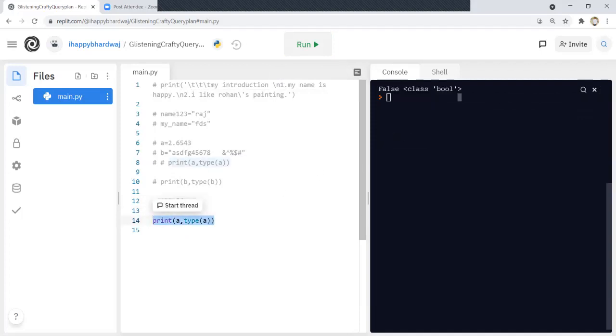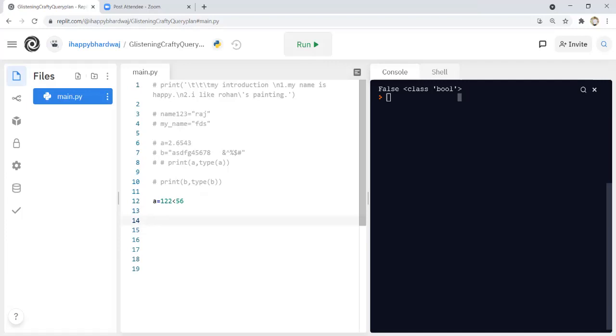After the Boolean data type, we have conditionals. Let's say you have a condition, like if you want to check something, if you want to execute a certain amount of code if your condition is true, and if you want to execute a particular part of your code if your condition is false. For that purpose, we have conditionals in any programming language. In Python also we have conditionals.